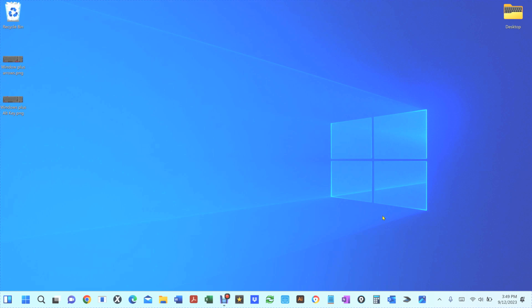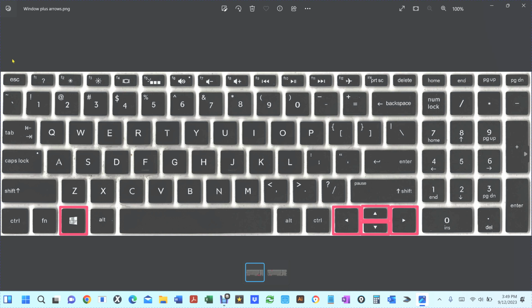Hello everyone. In this video, I want to show you how you can split a screen into equal sections. You can do it either in halves, in quarters, or in thirds. And depending on what kind of monitor you have, you can do it different ways. So before we start, let me show you some of the key commands we're going to